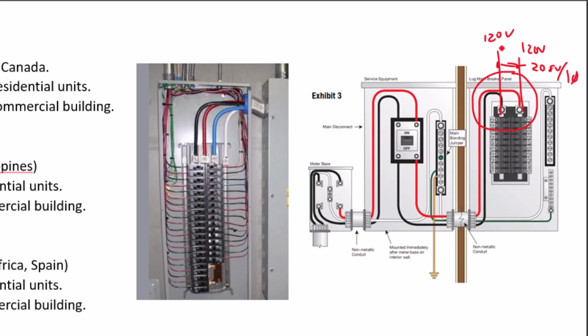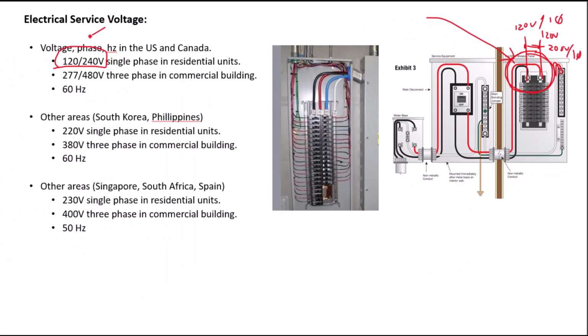And each one of these 120 volt single phase lines to the neutral, which is this white line here, makes the 120 volt single phase of this panel. And this type of service is represented like this: